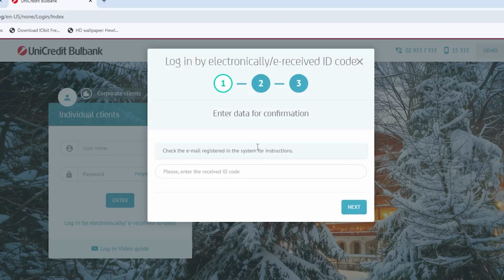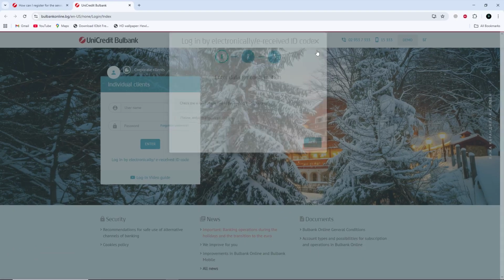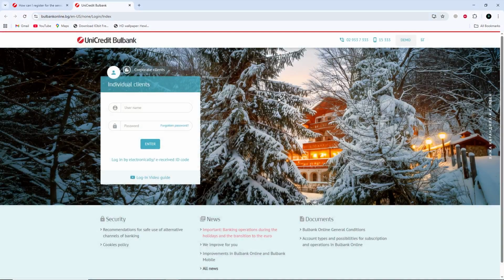Enter the generated ID code and follow the instructions shown on the screen. You may be asked to create your personal login credentials such as a username, password, or security verification. After completing these steps, your access to UniCredit online banking will be activated and you will be able to manage